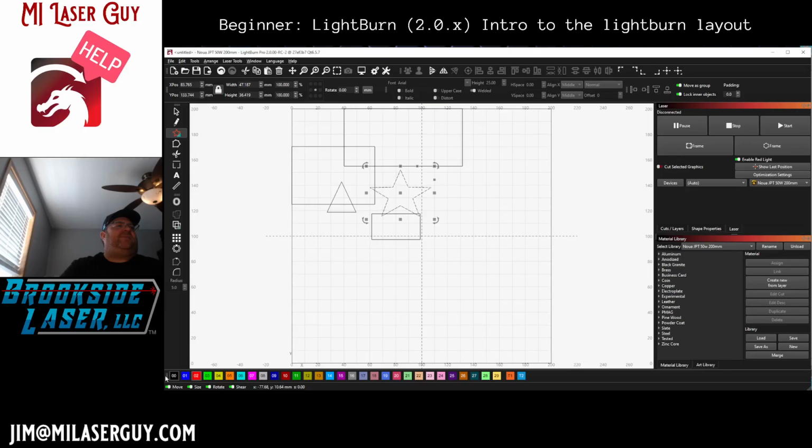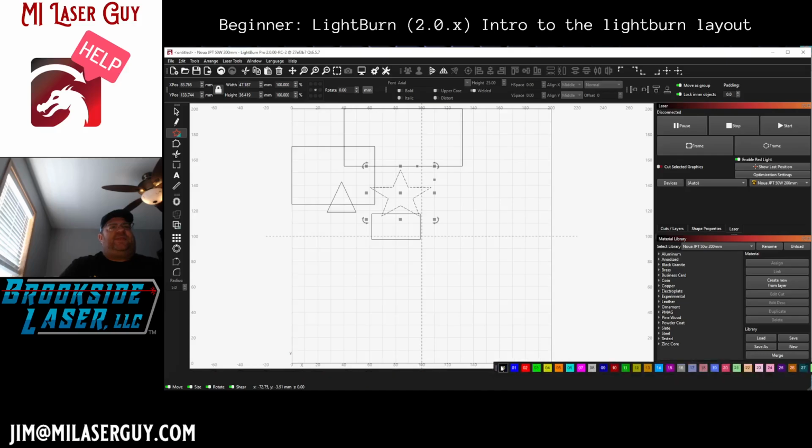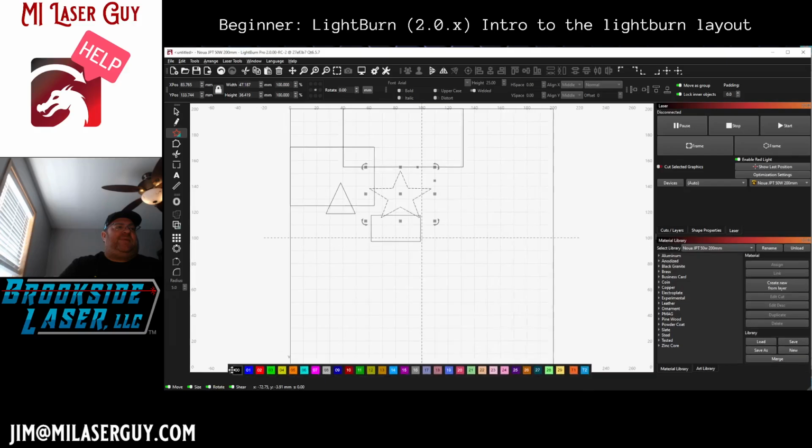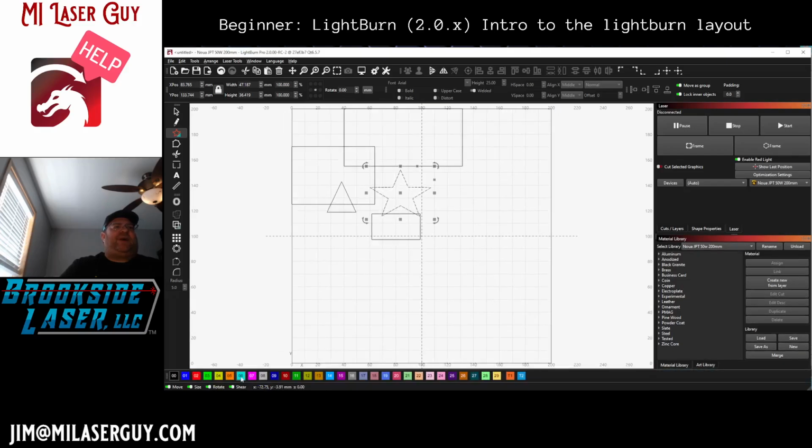Down on the bottom, we have our layers tool. This can be moved, but the bottom is a good spot for it. Working in LightBurn,